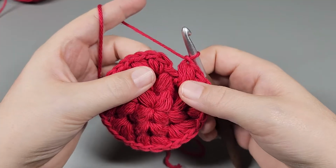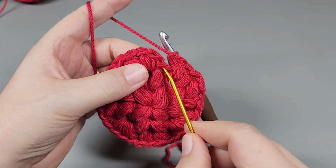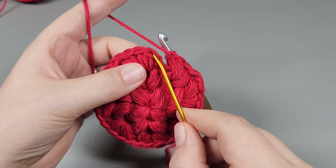Alright, so now we are going to slip stitch to the top of the first. So if you look, right here is the slip stitch, chain 1, top of the first stitch,